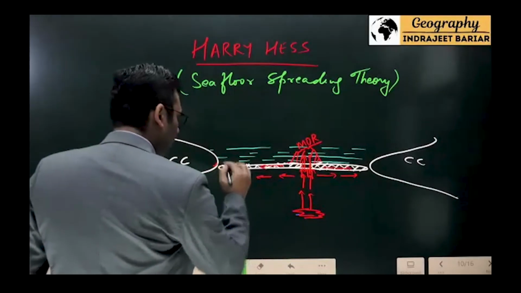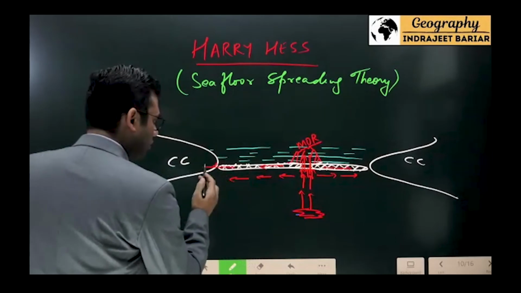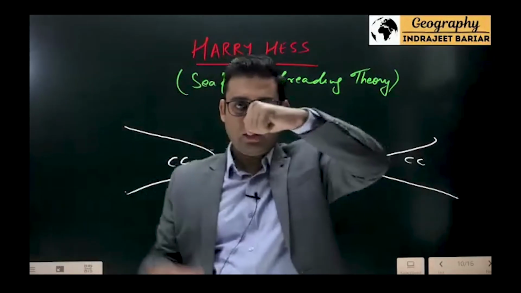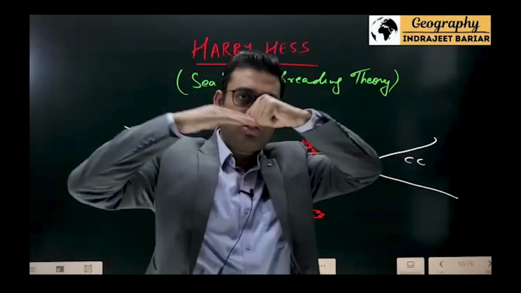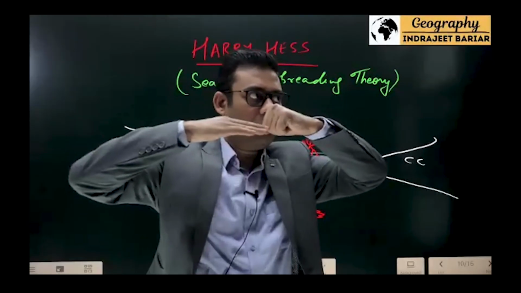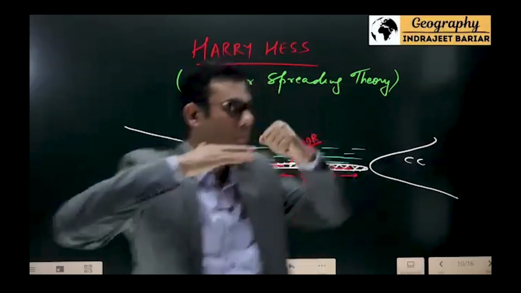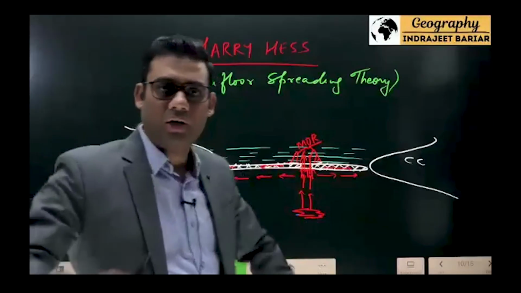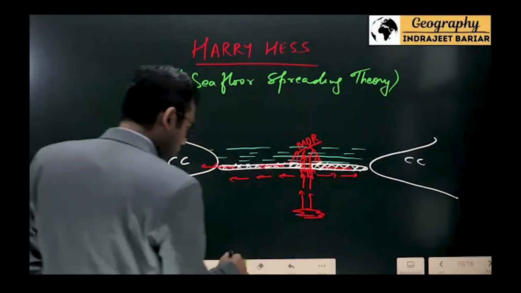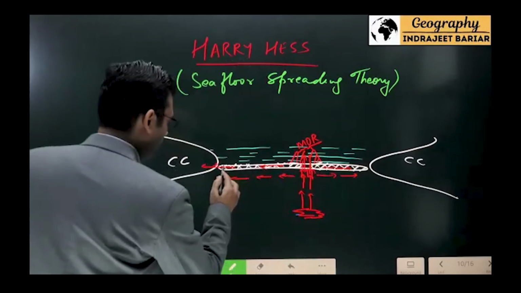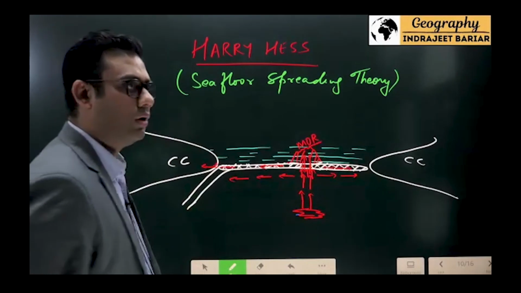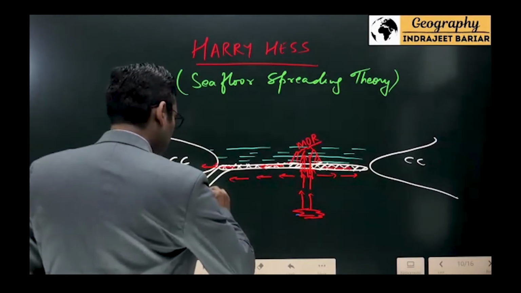Now at this point, what will happen? The oceanic crust will start pushing against the continental crust. Correct? So it would be like continental crust, oceanic crust. Oceanic crust is pushing against the continental crust like this, moving from here and pushing it like this. But out of these two crusts, which one is heavier and denser? Oceanic crust. Oceanic crust is heavy and dense. And as such, oceanic crust is pushed downwards like this. This process is called subduction.